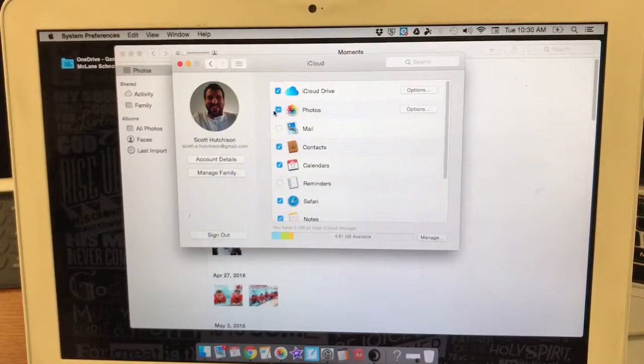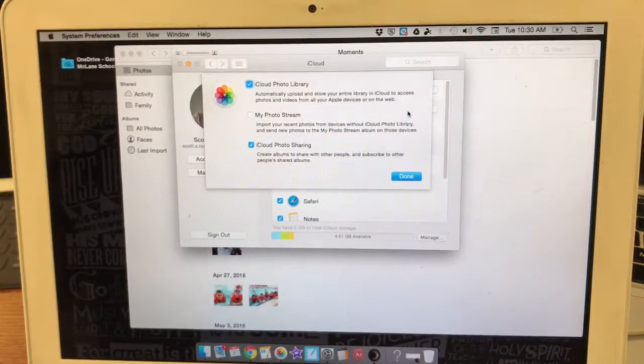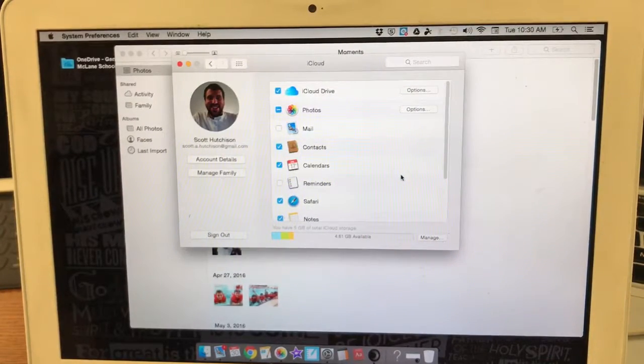But this is the big one that we're looking at right now, Photos. I would want to click Photos and go to Options, and I can make sure that my iCloud photo library and any albums I've shared are automatically saved and uploaded. You get 5 gigabytes for free. You can see I don't have a lot on here,